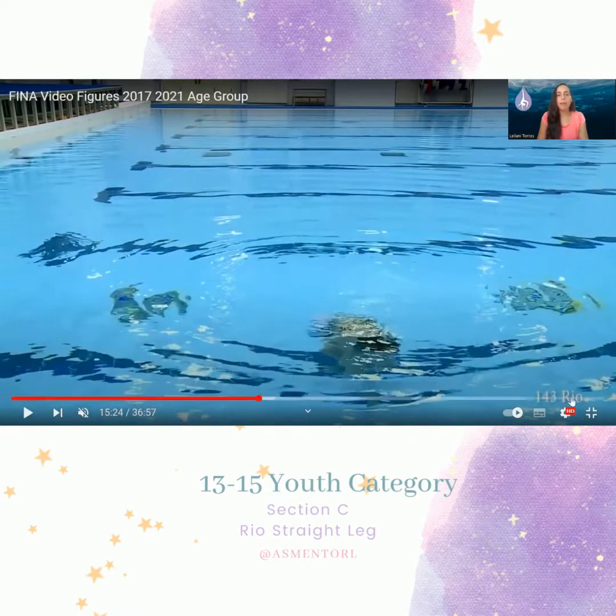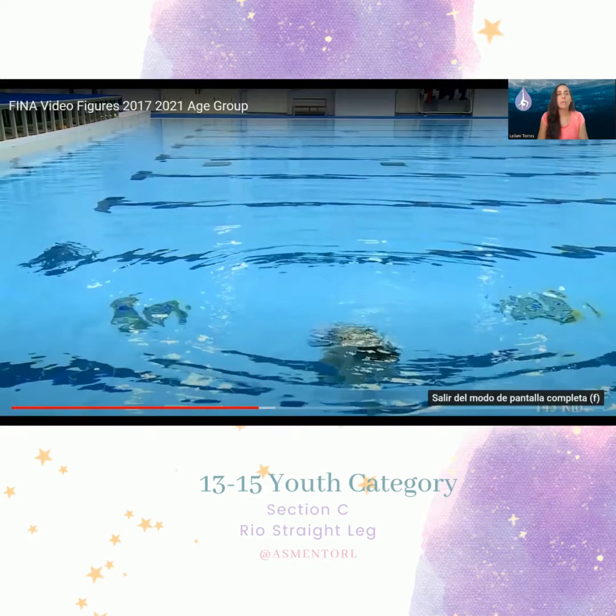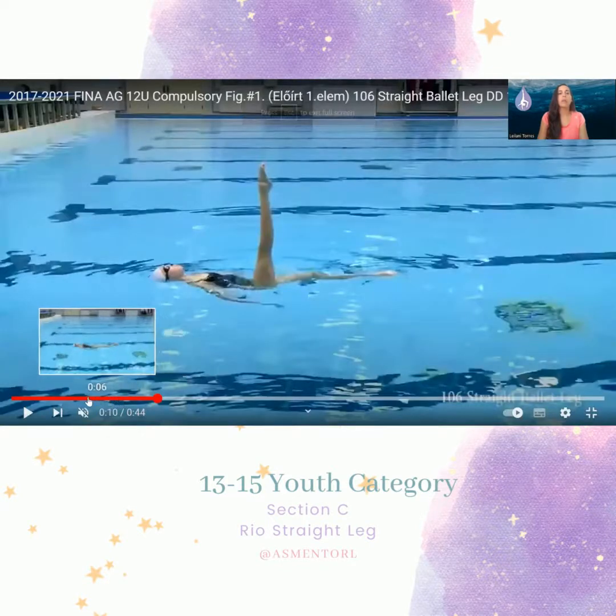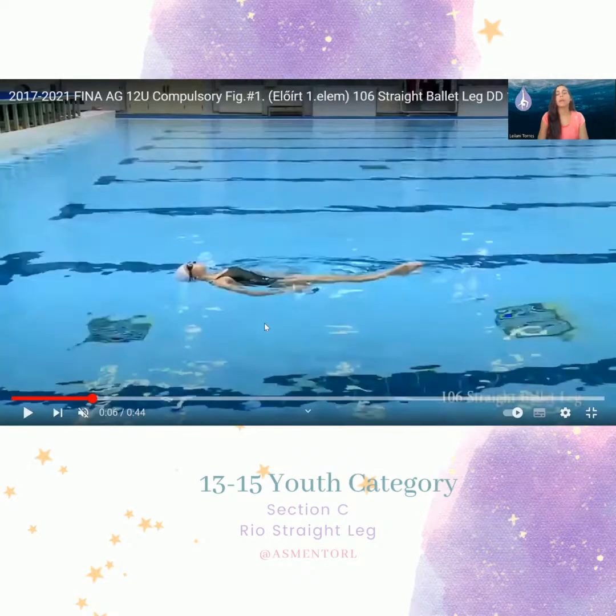So my suggestion is to focus, for the first part, on using your upper body to lift the leg, right? A lot of the pressure, when young swimmers are starting to do this specific transition, they let all the weight go to the leg, right? They let all the weight sink to this leg. And this is where the weight is coming from. So we need to create some leverage, right? When we push all of the weight to the back of our bodies,